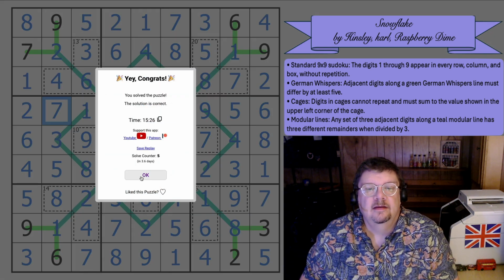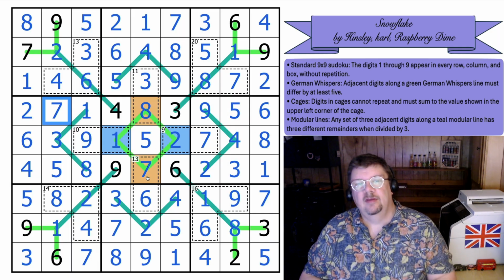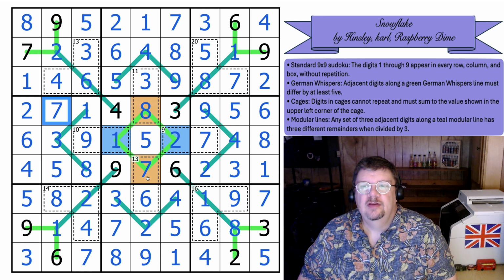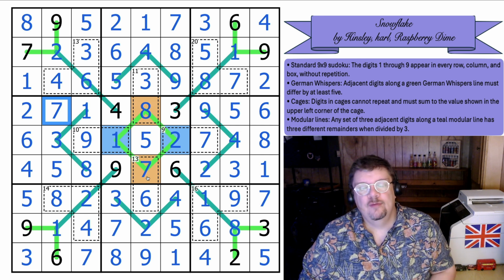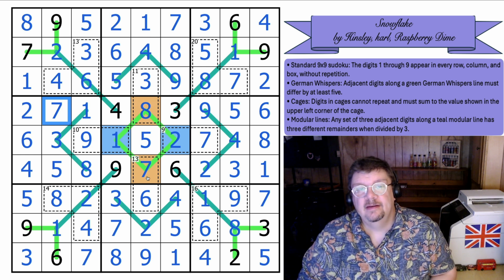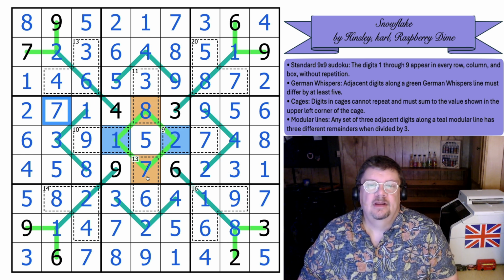I like that. That was a fun puzzle. Thank you very much to Hinsley, Karl, and Raspberry Dime for setting it. Thank you very much to Hinsley for suggesting it. I really enjoyed it, and